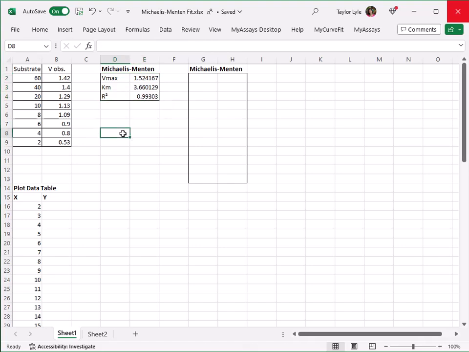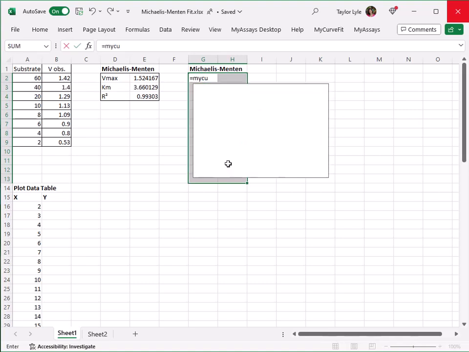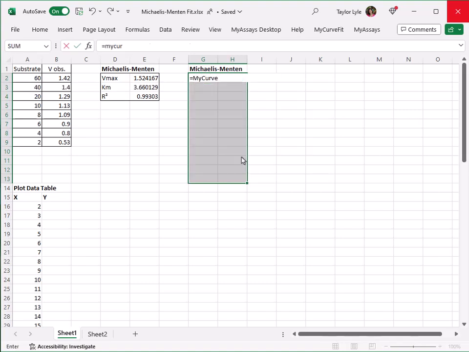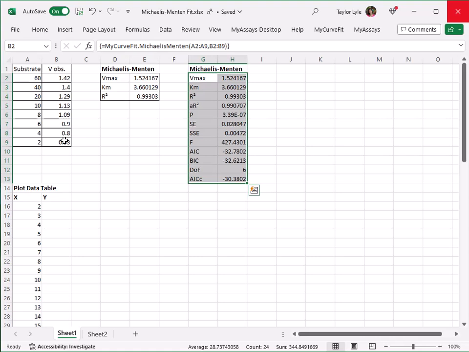If we'd like to see additional goodness measures, including the squared sum of error, we can highlight more cells when calculating the curve fit parameters. I'll highlight this block of cells and again enter equals MyCurveFit, select the Michaelis-Menten option, highlight my calibrator X and Y values, and press Ctrl-Shift-Enter to calculate those parameters. You can see here the additional goodness measures that have been added, including the SSE, which is quite small for